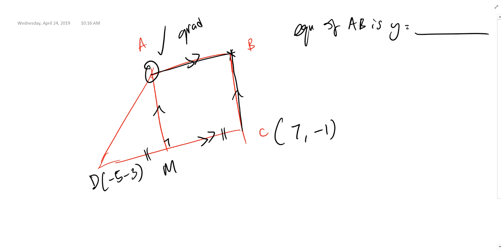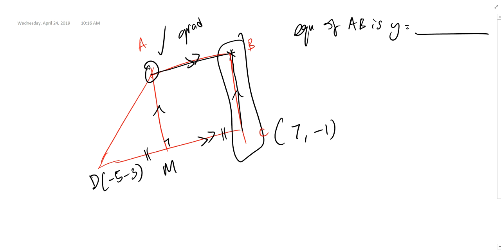Now that that is done, let's talk about the equation of BC. Do you have 2 known coordinates on BC? Have or don't have? Don't have. You only have C, right? You don't have B. You don't have anything else. So cannot. But do you have the gradient? How? The gradient of BC is